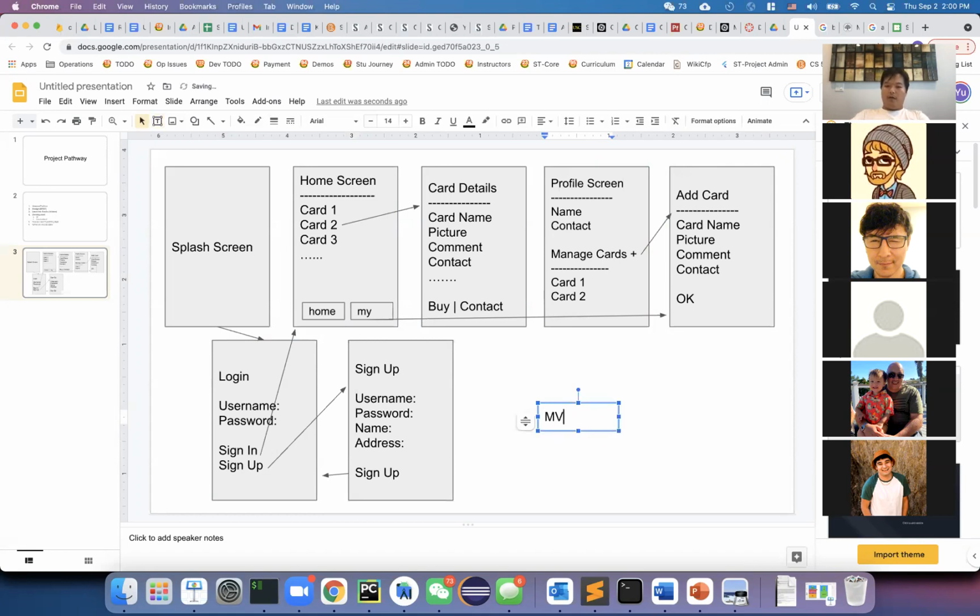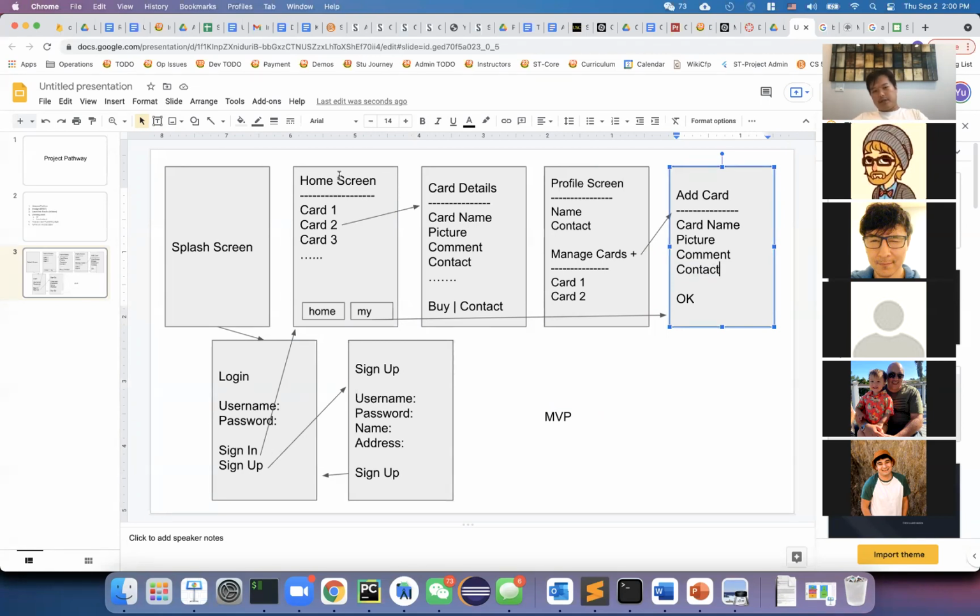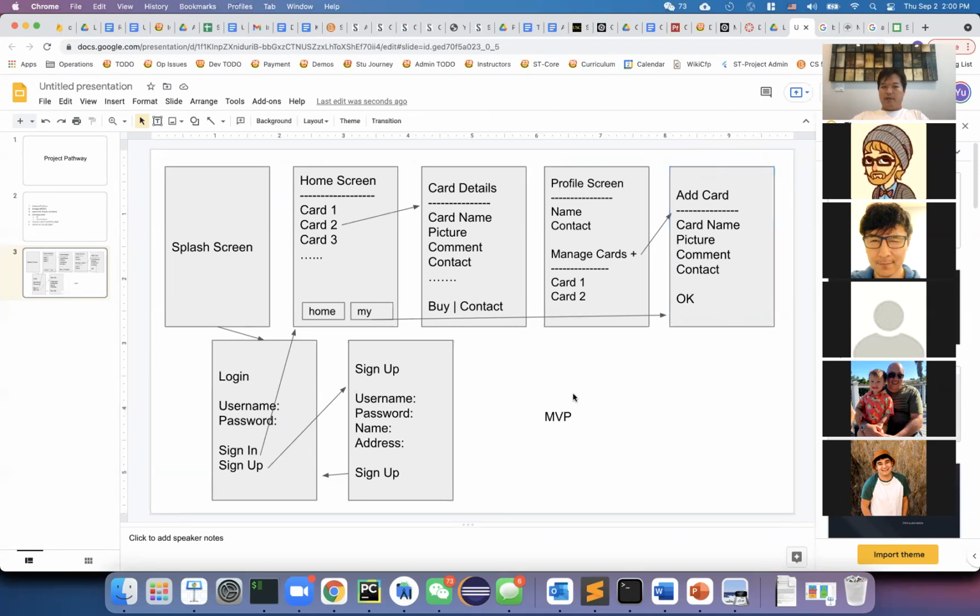Now obviously you're going to have a lot more features. For instance, what if I want to add more special information to here? What if I want to support comments? What if I want to do the search, recommendation based on the location? All of those, yeah, you can just add. But get your MVP design first.